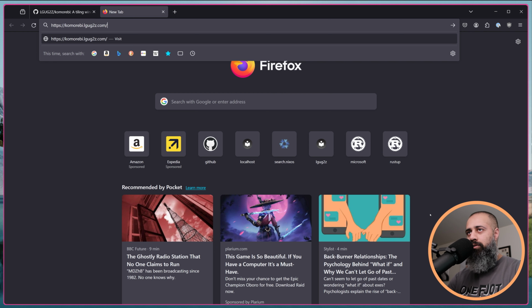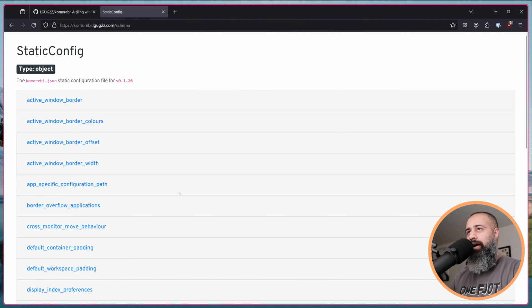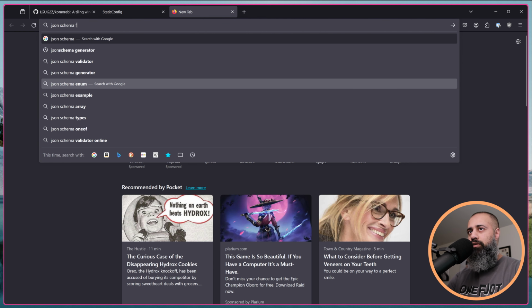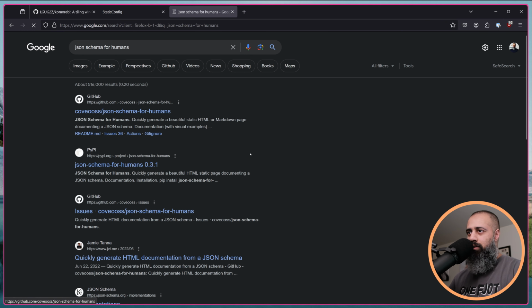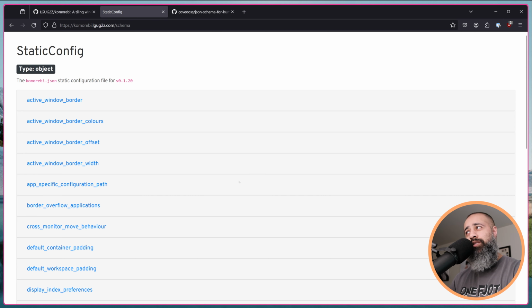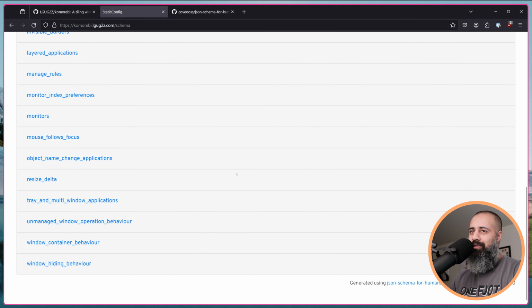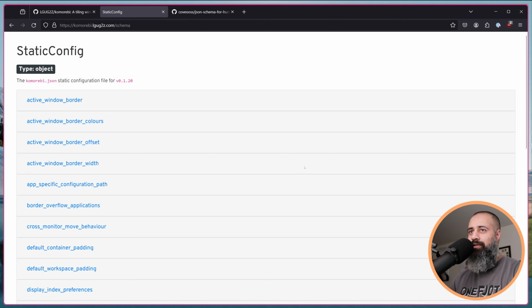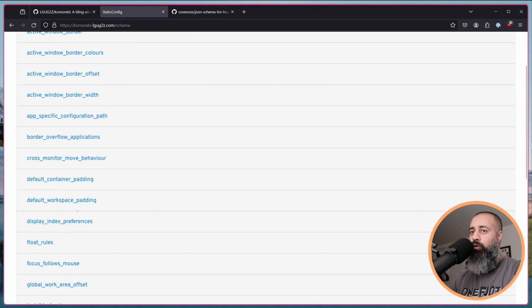Let's get this up on here real quick. So I generated this with JSONSchema for humans, which is actually very nice, but it's a separate thing, right? And I had to tweak this a little bit myself, and I had to get rid of things that are deprecated. So I got the output from this. I did a lot of manual tweaking. I came up with this, but I think what we can do is we can link from our main documentation page to this page, and then we can have subpages for